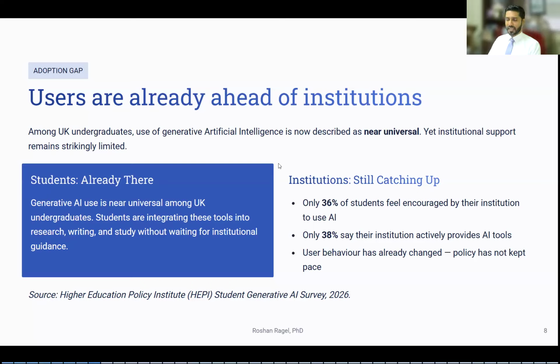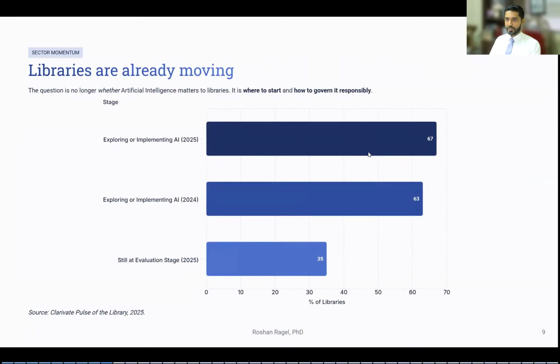Therefore, there is a gap between what the students, the learners and the users are doing and how the institutions are. So libraries, like I said, are at the center of this discussion, because the part of an institution responsible for resources, retrieval and whatnot is the library. And therefore, libraries are the center of this discussion of how we can bridge the gap.